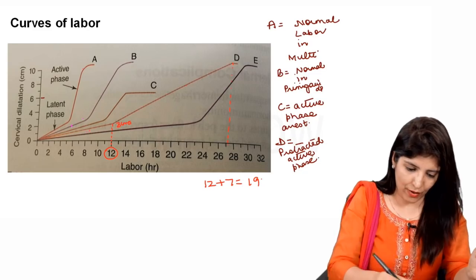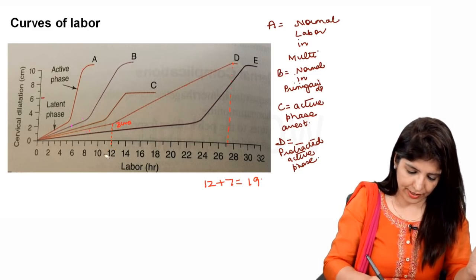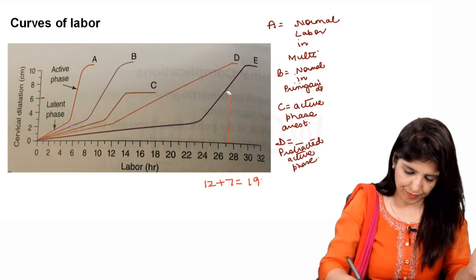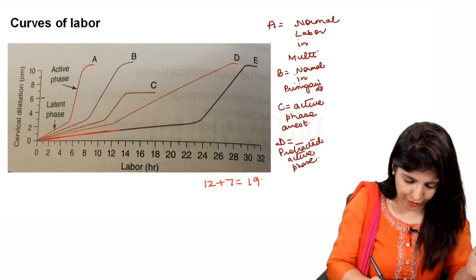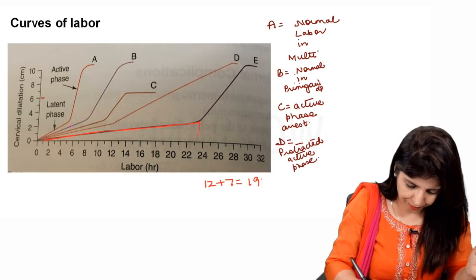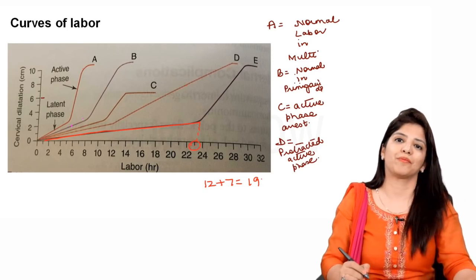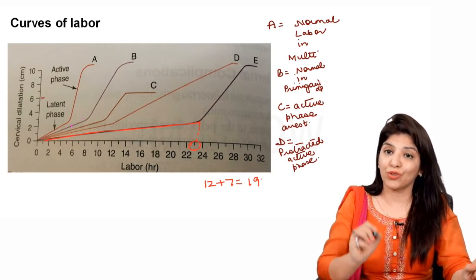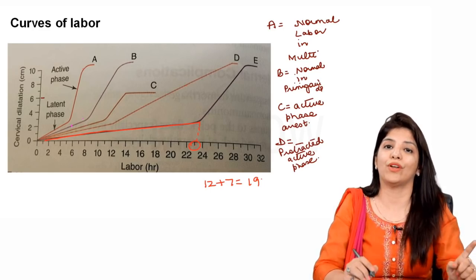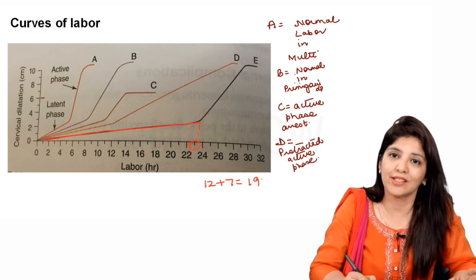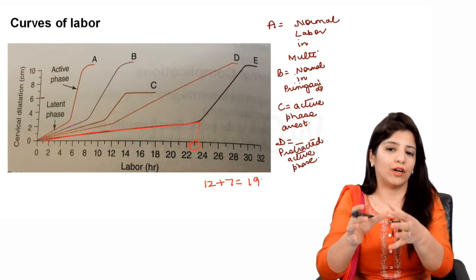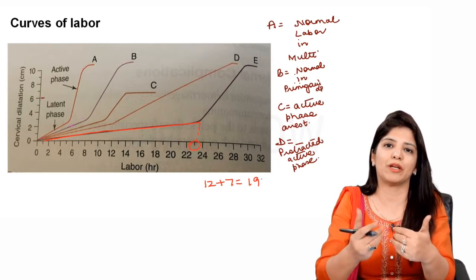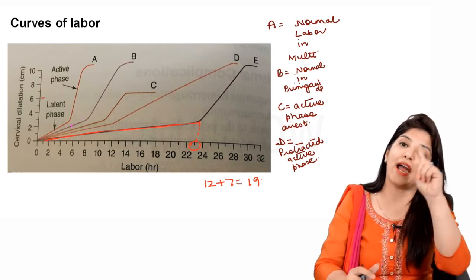Clear? Now have a look at graph E. In graph E, the latent phase is taking 23 hours. 23 hours it is taking for the latent phase, right? Now, when you take latent phase ending at 5 centimeters and active phase beginning at 6 centimeters, at that time,